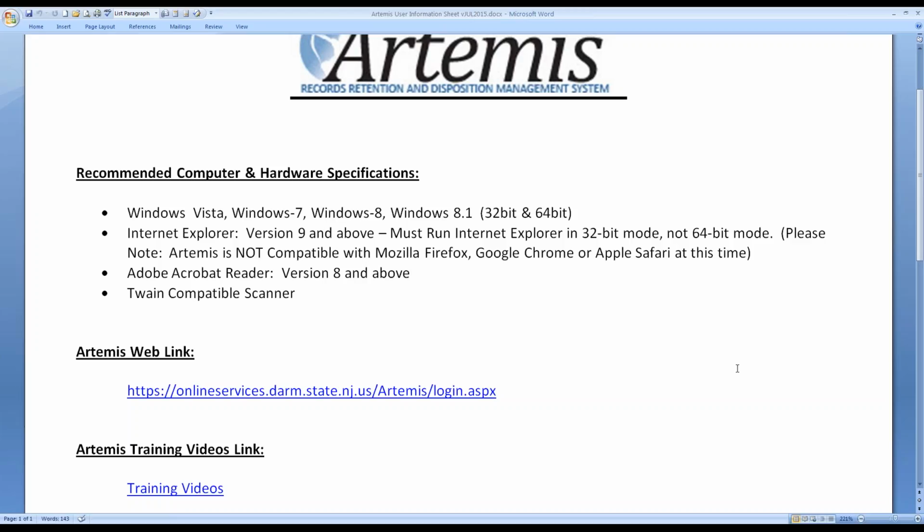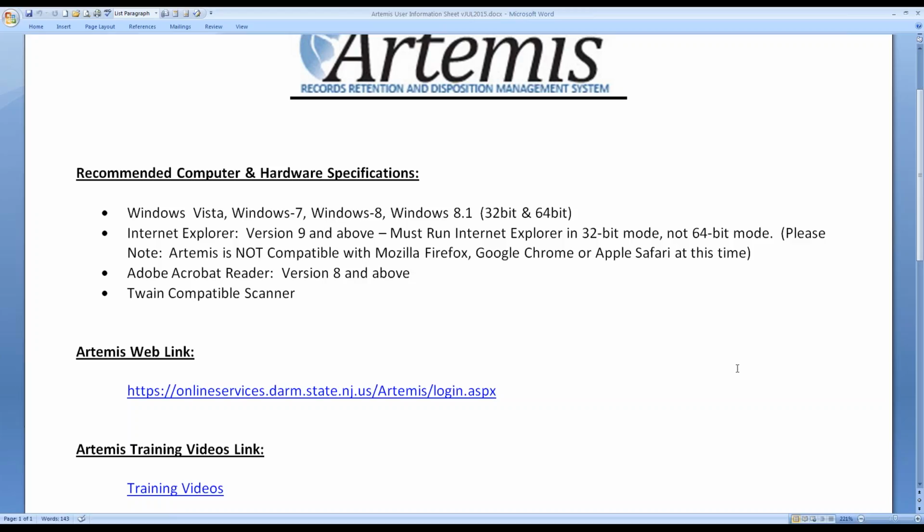Now, if anybody happens to get Windows 10 immediately, like I said, it was just launched last week, or had it installed immediately on their computer, there is a new browser in there called Edge. The system will not work with Edge, but still embedded in Windows 10 is Internet Explorer 11. So again, you can utilize Internet Explorer 11 within Windows 10 for right now.